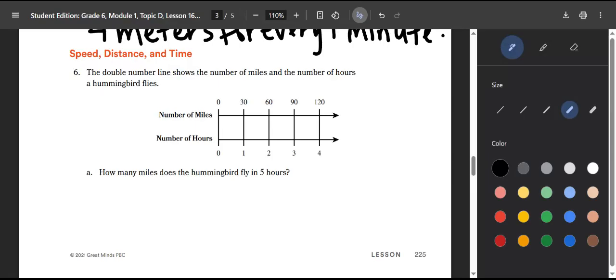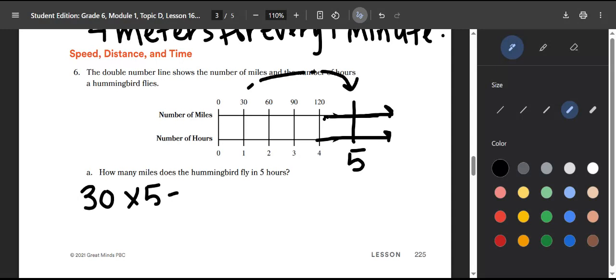All right, well, you know 1 hour, so just extend that number line so that you can include the 5 hours. You know how to do this. You've done this before. So all you have to do is multiply 1 by 5 to get that 5. Then all you have to do on this side is multiply 30 by 5 to get what goes across from 5. So 30